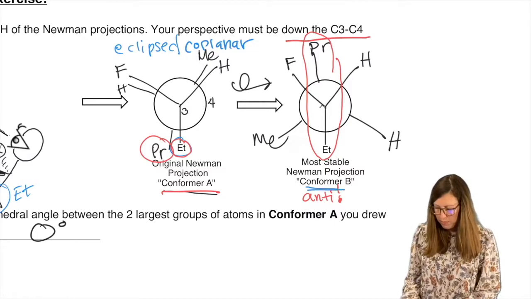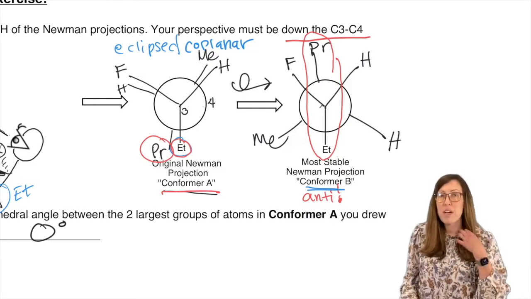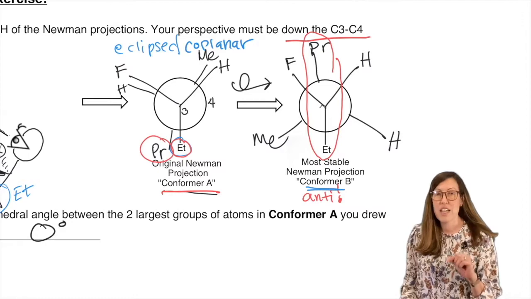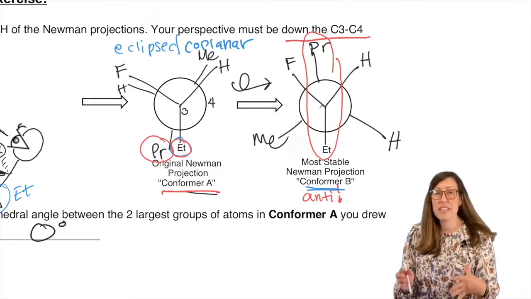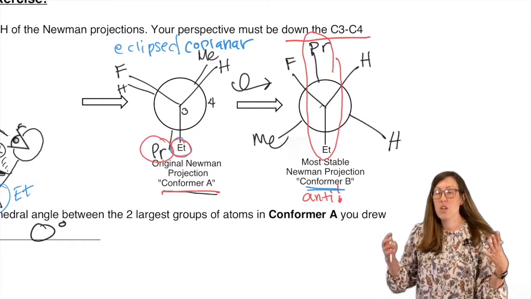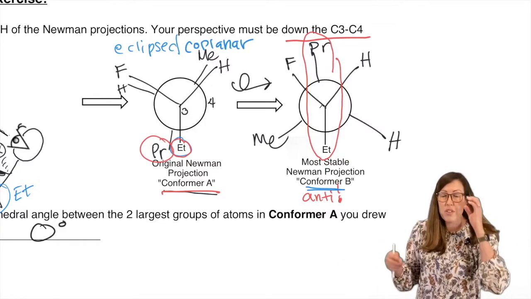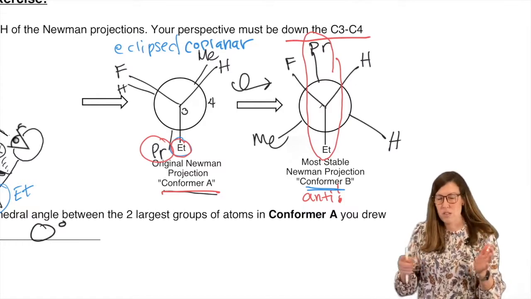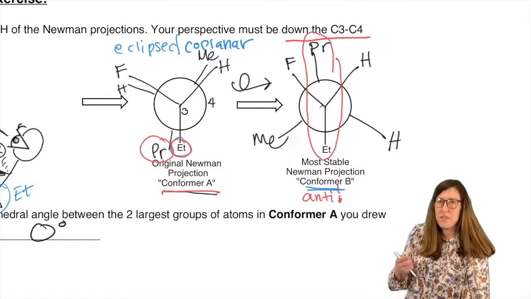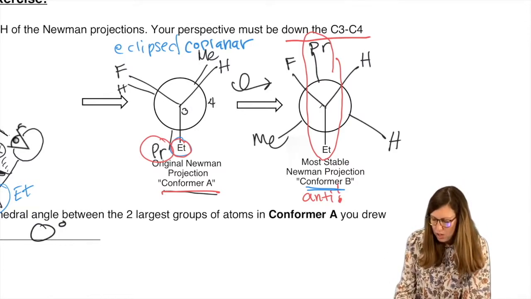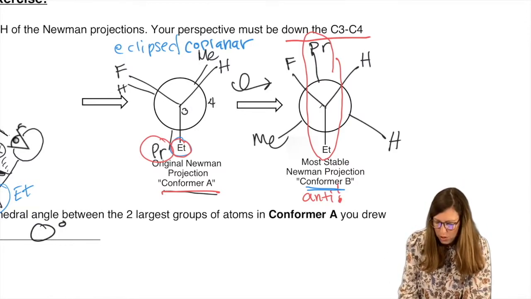Let's label them. Gauche is defined by anything that is not next to an H. H's are the smallest things that they could be next to, so that's where they'd be most happy. So by definition that's worth zero energy. It doesn't significantly contribute to the energy, in other words. So methyl ethyl, those are two non-H's together.